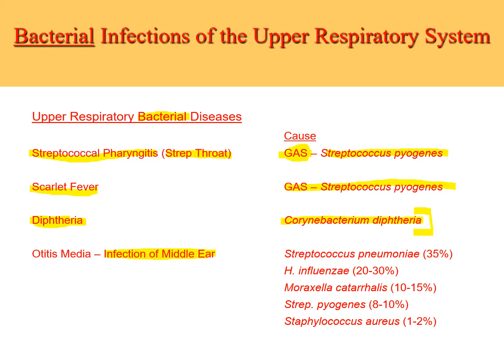Listing them in the order of the most common cause of middle ear infections, or otitis media, bacterial causes include Streptococcus pneumoniae, Haemophilus influenzae, Moraxella catarrhalis, Strep pyogenes, and Staphylococcus aureus. The least common cause. Okay,